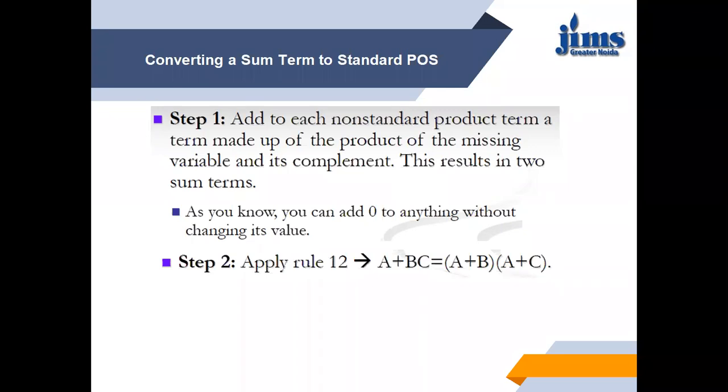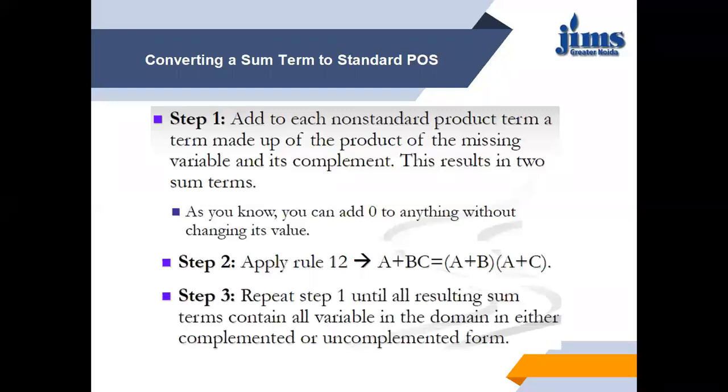Now step 2, we have to apply rule number 12, that is A plus BC equals (A plus B) and (A plus C). So this is a postulate we have studied already. So with the first step, we will add a term. This term BC will be, suppose Y is missing, so this BC will be Y and Y bar, and when we expand it, it will be (A plus Y) and (A plus Y bar). So this is the process which we have to apply when we are converting a non-standard POS into canonical form